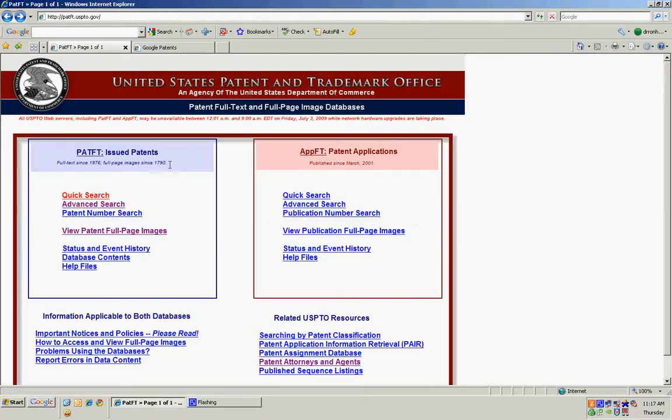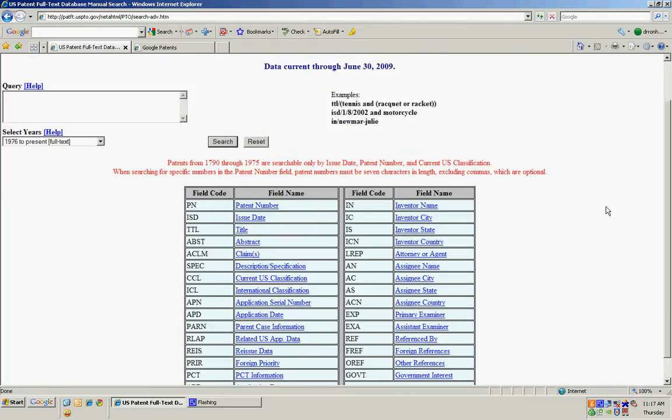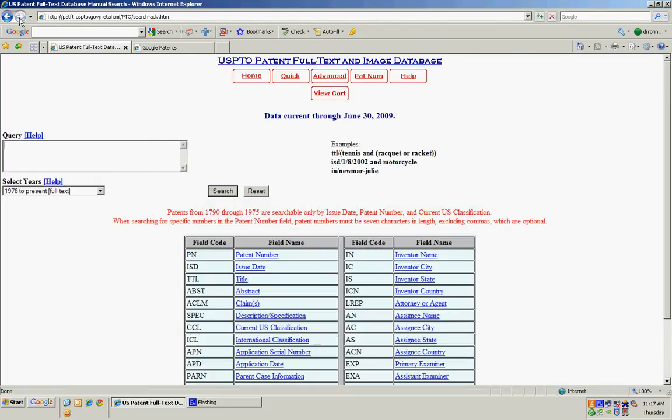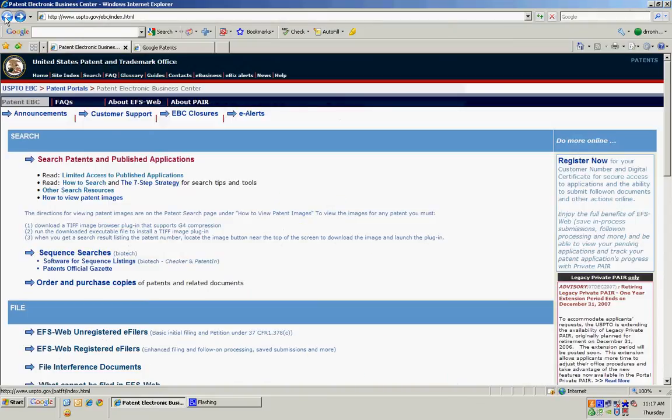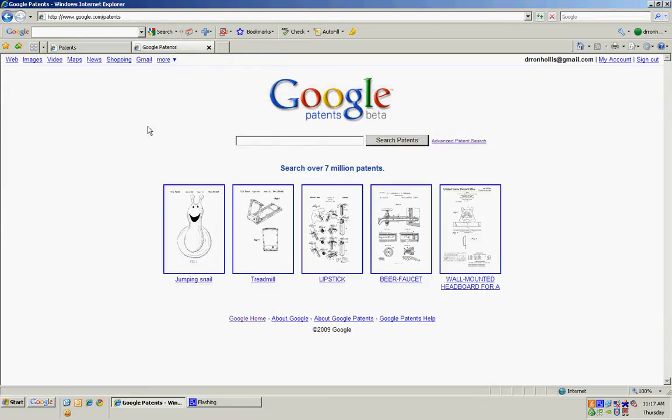Let's go back. I'll show you one more thing. Go back to our search page there, and I'll just show you the advanced search. And here are some examples. So you see it's pretty convoluted as to how to do a search here in the Patent and Trademark database. So I recommend that you use the Patent and Trademark Office only to find information about patents. The really good way to find patents is using the Google patent search. So if you will bring up another web browser and go to